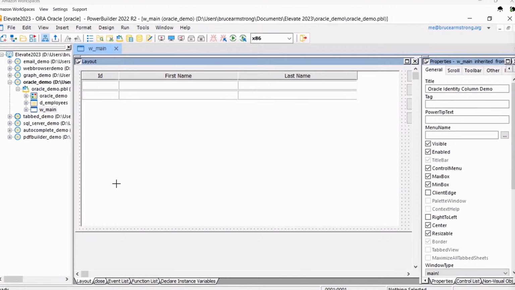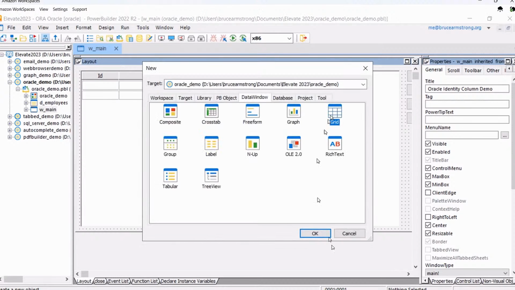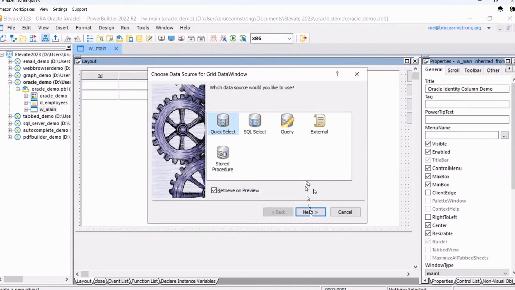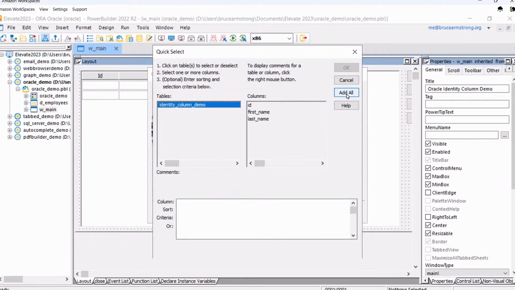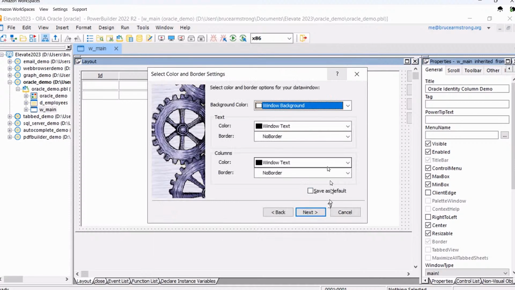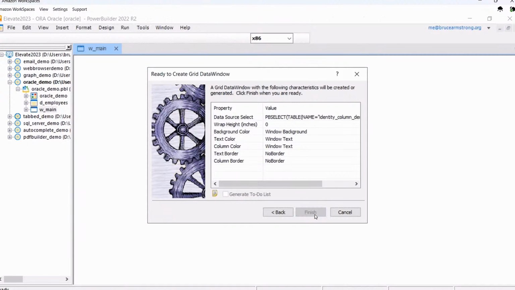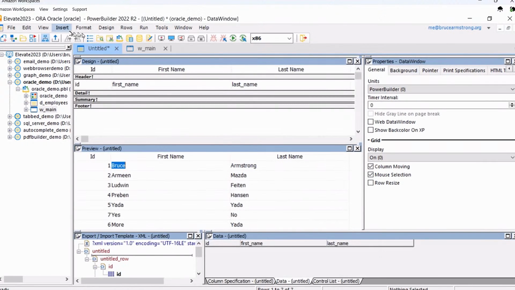So this is the demo for the Oracle identity columns. The first thing I'm going to do here is go ahead and create another data window. Not a whole lot of tables in that database, but just the one I needed to do the demo here. So this ID column, you saw from the slides, is an Oracle identity column. So we'll go ahead and create the data window. And we'll go look at our